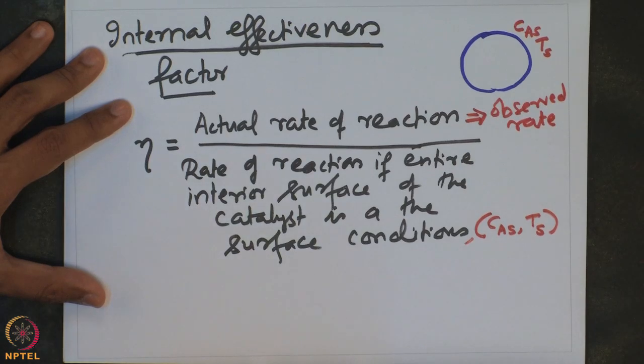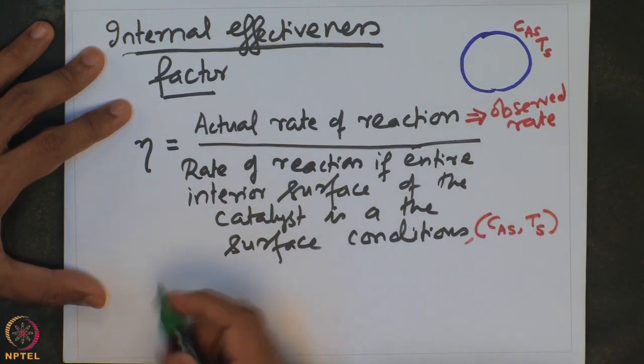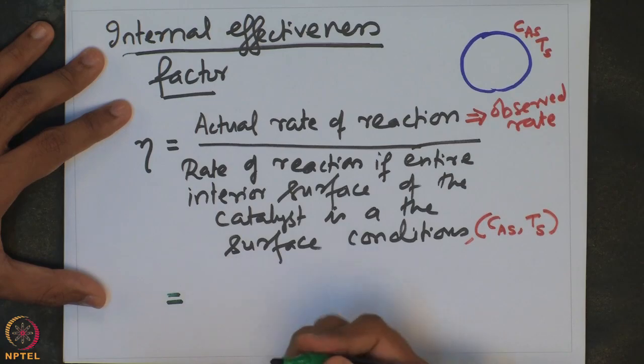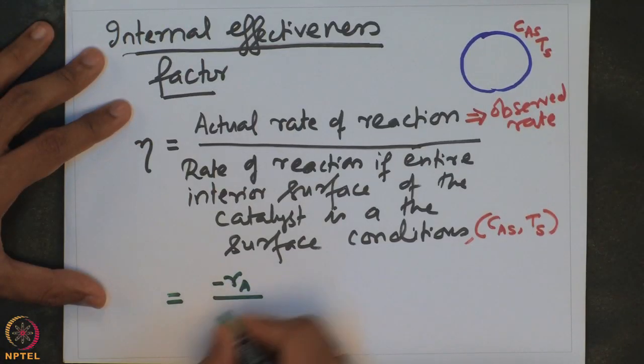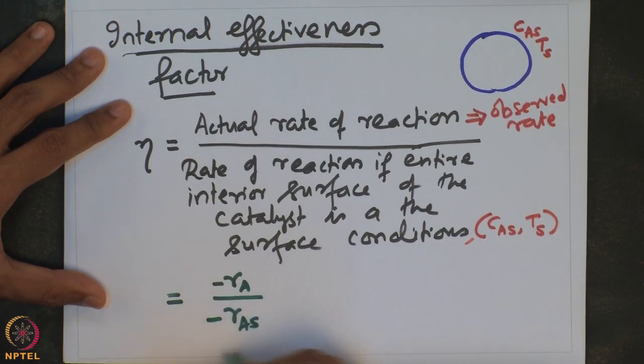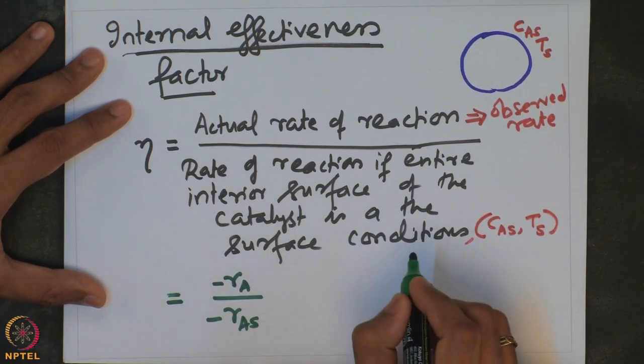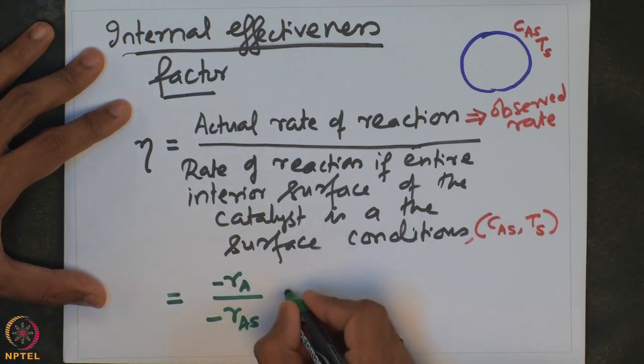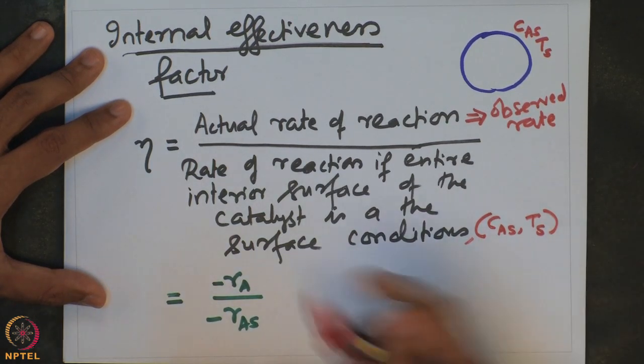So, we can now write this in terms of the quantities that we know. So, that should clearly be equal to minus Ra divided by minus Ras. So, this is the observed rate and this is the rate at which the reaction would happen if the entire catalyst is actually at the surface conditions. And this clearly should be also equal to